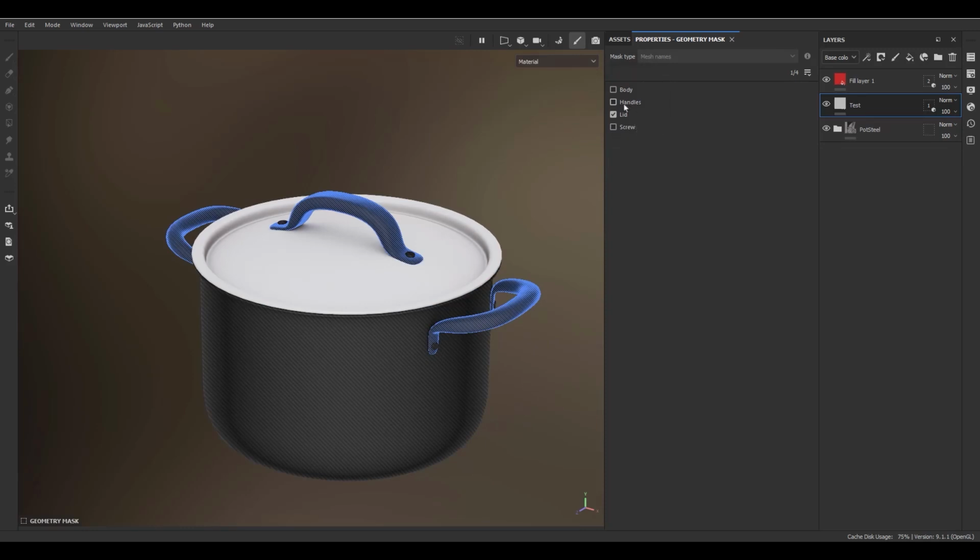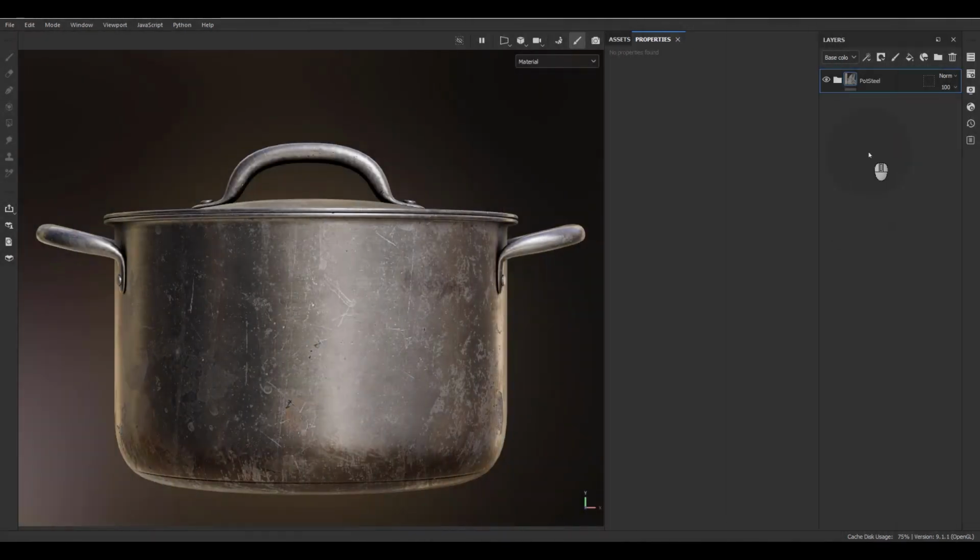Okay, let's go for the anchor point. I'm going to explain the concept of the anchor point for you, but don't worry if you cannot understand the way that we use anchor point, because in future projects we are going to use anchor point a lot. The concept is so simple, but we need to understand that concept to use anchor point in a proper way. So let's create a fill layer